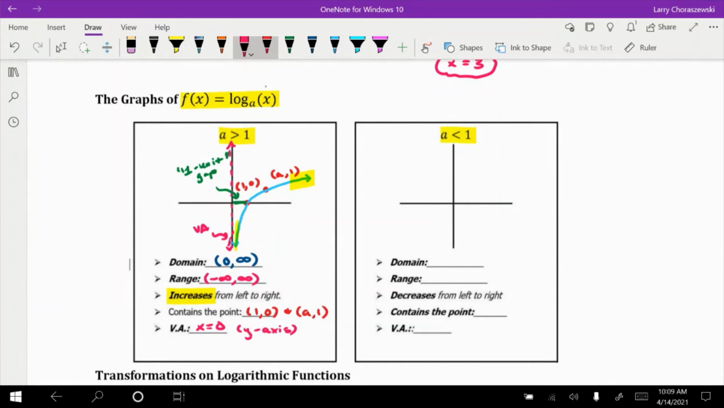If the base is less than 1, the graph will still go through (1, 0), but this time (a, 1) is going to sit higher but to the left of the point (1, 0). And as we saw with the inverse of (1/2)^x, which was a log,